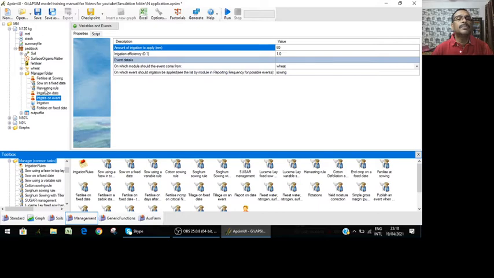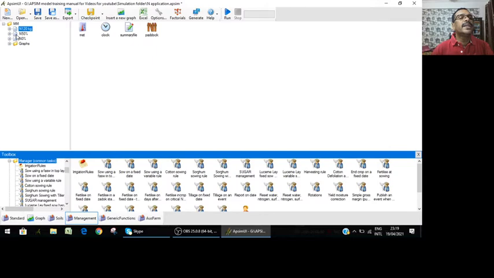If you want to compare, suppose, three rates of nitrogen application, one is 120 kilograms, another is 50% of that, 60 kilograms, another is no nitrogen, then we can have three simulations run at a time and have one graph, where you will find all those application rates' effects on grain yield or biomass yield. That's the reason I put this one here. Then, if you want another duplicate simulation, just drag it and drop it again here. It gives another simulation, a replica copy of that. It remains the same.